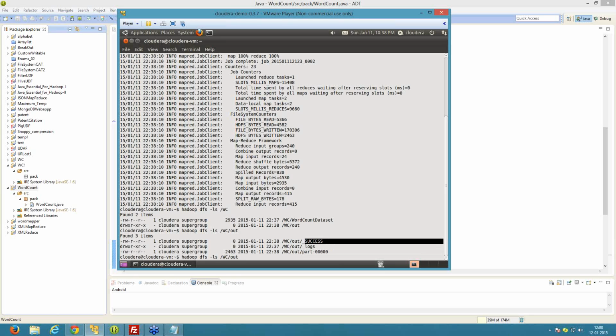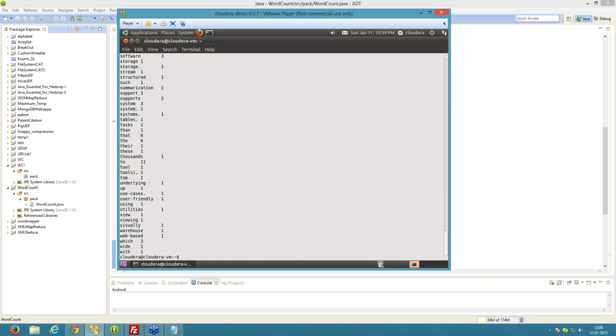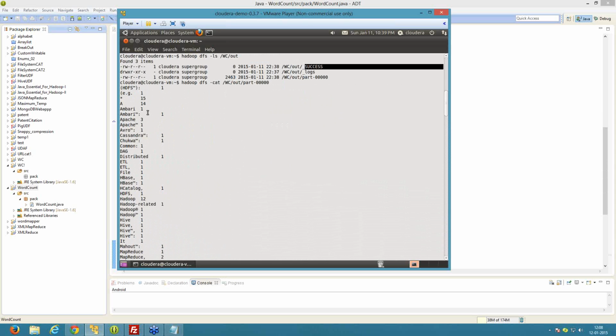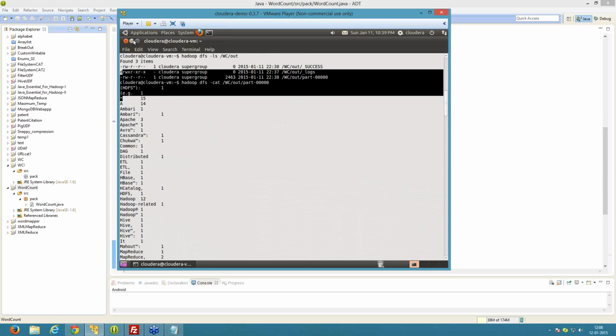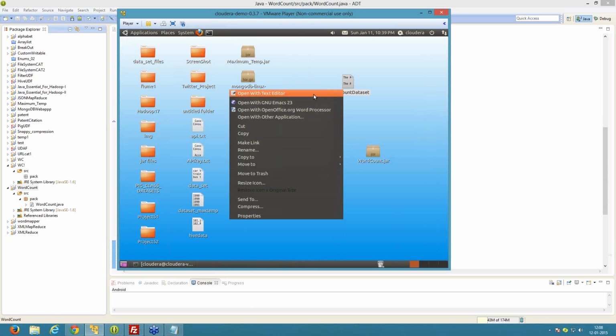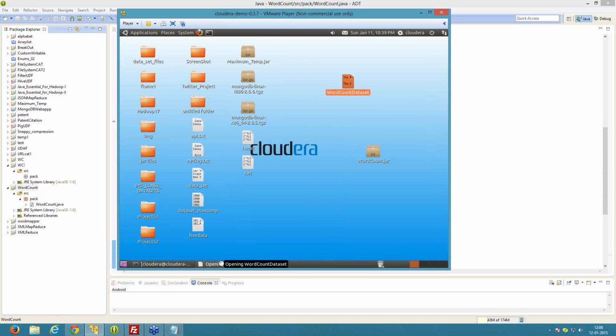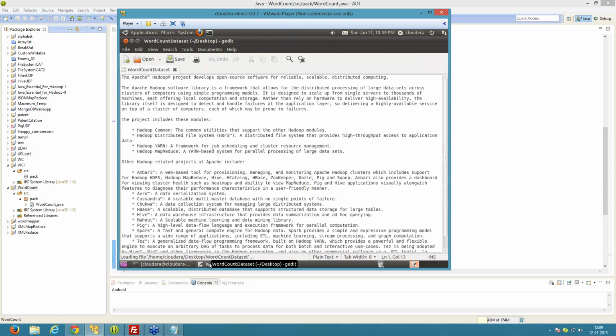So we need to check the part file. We have the command cat to show the content in the console. Here you can see the file. Asterisk has occurred 15 times in the file. This is the input data set which we had loaded in HDFS.